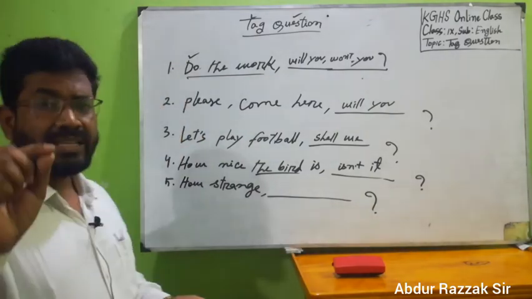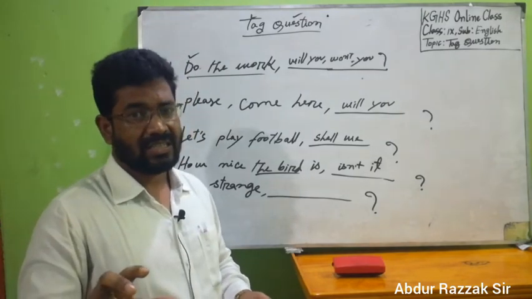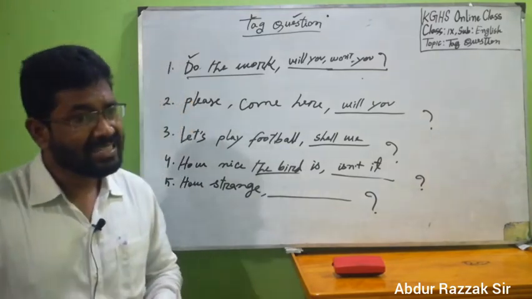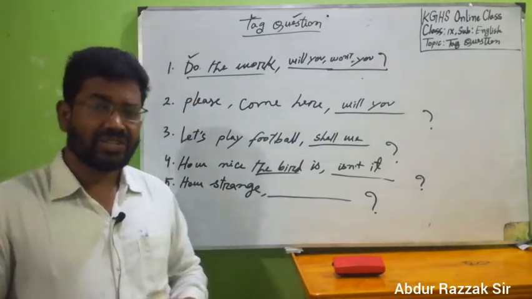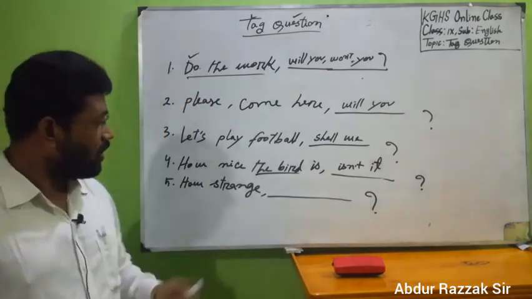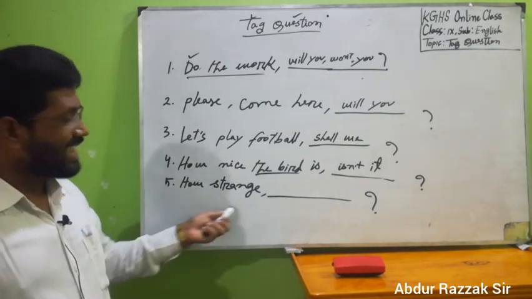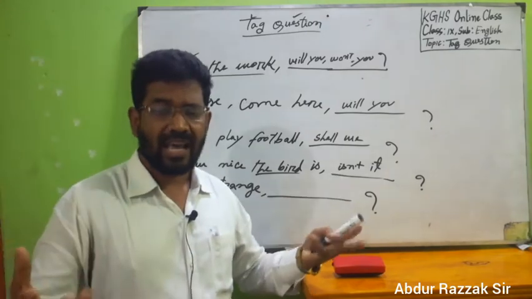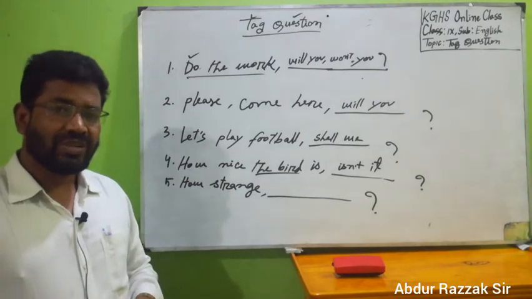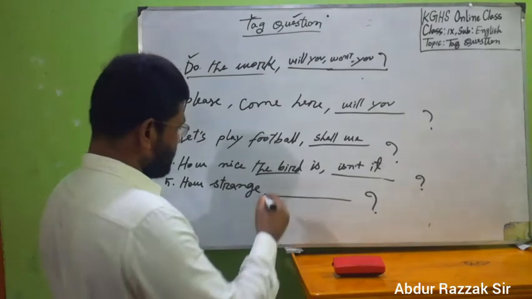So dear students, generally the exclamatory sentence starts with how or what. If the article a or an is available in the sentence, the exclamatory sentence starts with what. In other cases, it starts with how. So dear students, how strange. If you find this kind of sentence, how strange, how nice, how wonderful, how extremely, it will be an exclamatory sentence, and in that case you will write just